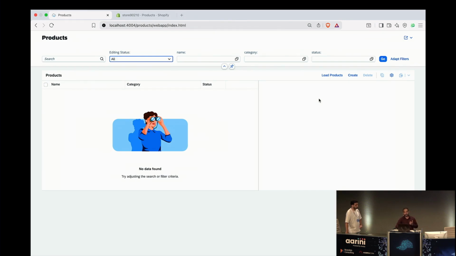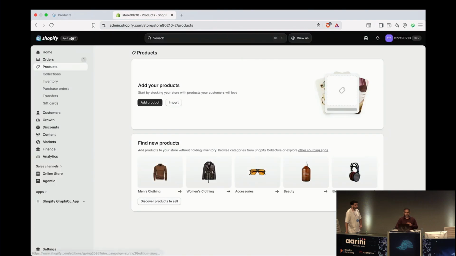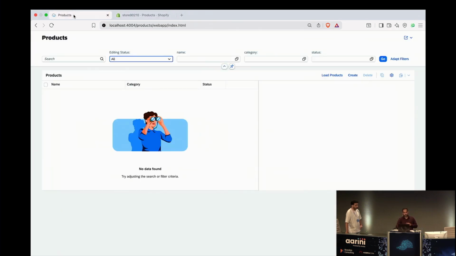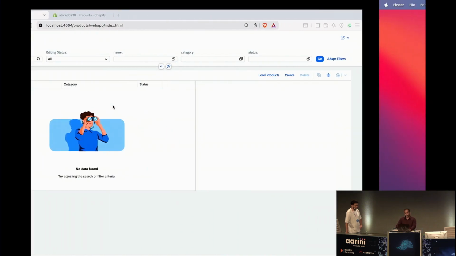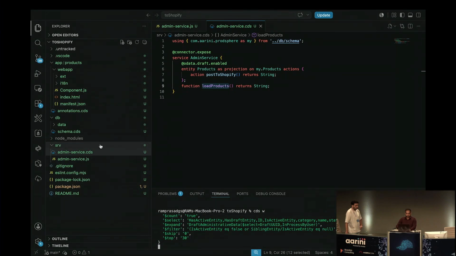And then if you are looking at the store, this is a store that we have. There are no products here that you can sell. Let's head back. Our demo intention is to get the products and then push them here. And yeah, we don't have to do a lot of things for that. So I will go here now